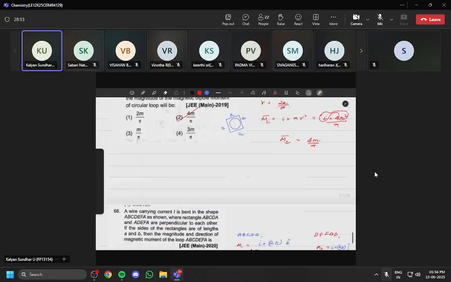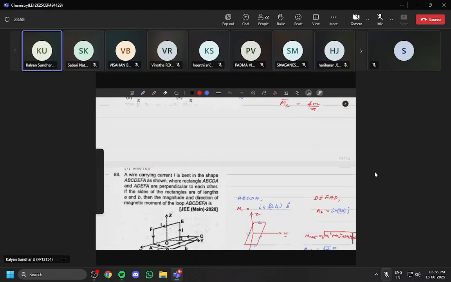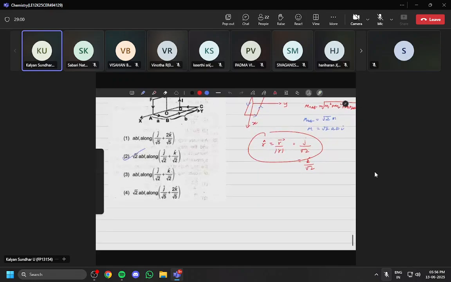இந்த magnetic moment வச்சு தான் we have been completely finding out what will be the direction and what the net magnetic moment will be. Now next is there